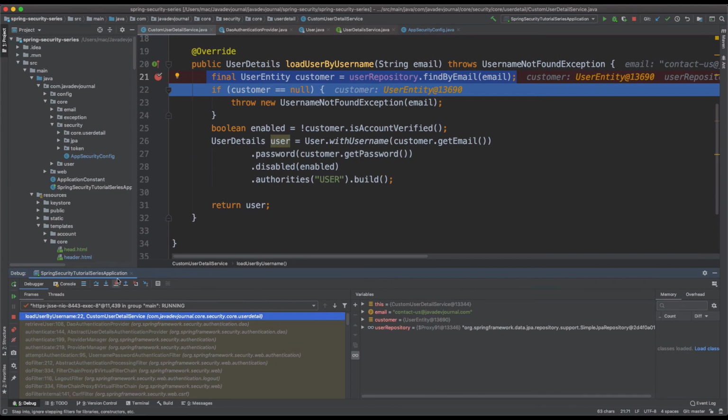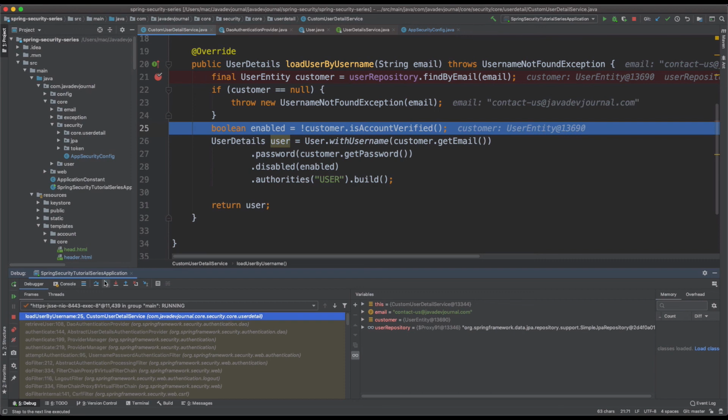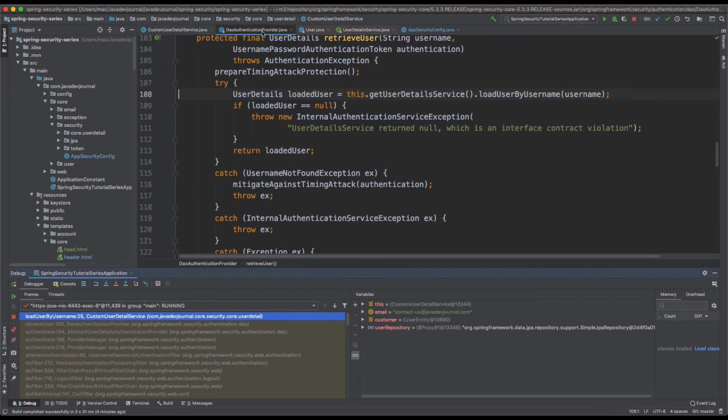Now this if condition will be false, and then the rest of the things will be taken care of, right? So we are basically building a user detail object and sending it. Similarly, if you provide an invalid email which does not exist in our system, all that is going to happen is the system is going to throw a user not found exception, and the DAO authentication provider already knows what to do in that case, right?